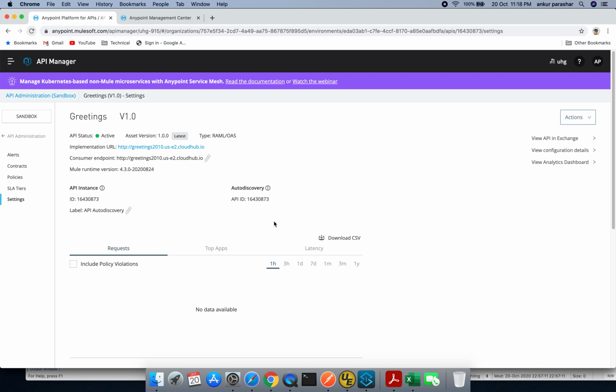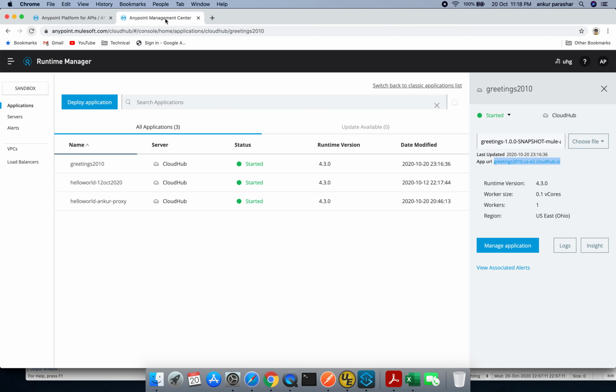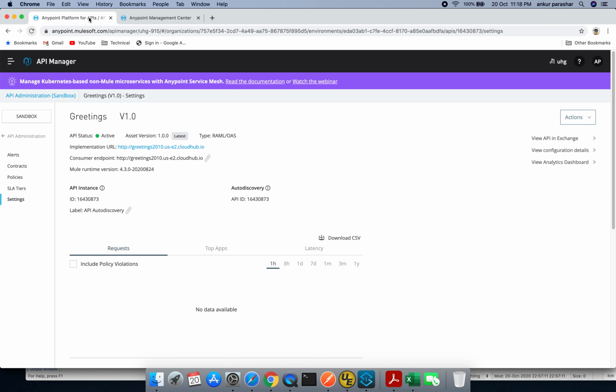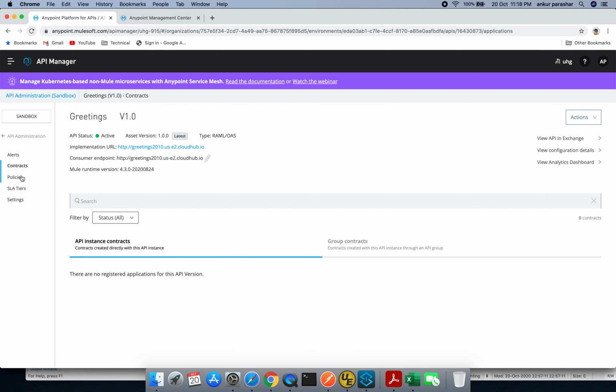Now what is the advantage of putting this thing? If you go to the runtime manager, you will not see this proxy, like two copies of more or less the same application. This is created when I am using the proxy endpoint, not the basic endpoint. So as of now, this is the simple single running instance of the implementation, and on top of it, we have configured the API manager, and here itself we can set up the contracts or you can see the policy. So just to showcase you,